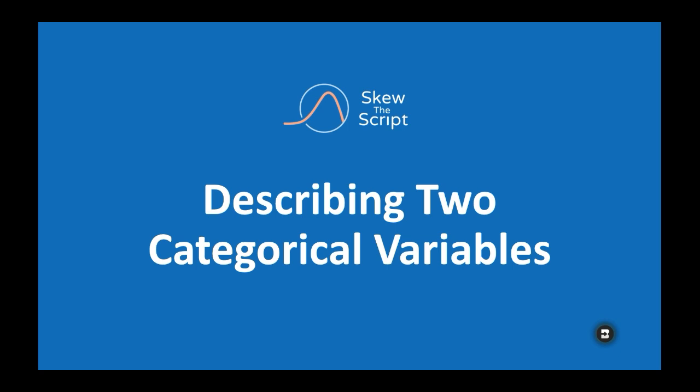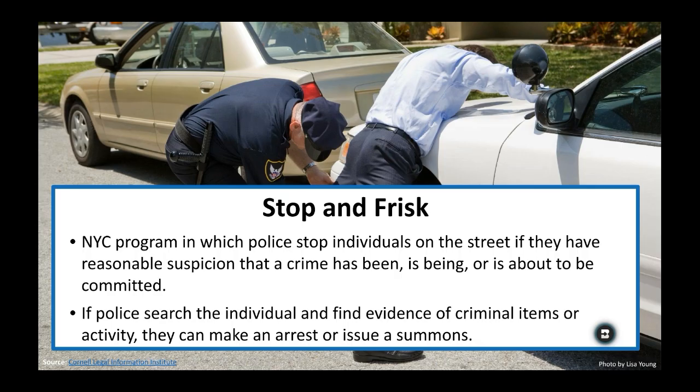All right, today's lesson is on describing two categorical variables. So today we're going to be discussing stop and frisk, a New York City program in which police stop individuals on the street if they have reasonable suspicion that a crime is being, or is about to be committed. If police search the individual and find evidence of criminal items or activity, they can make an arrest or issue